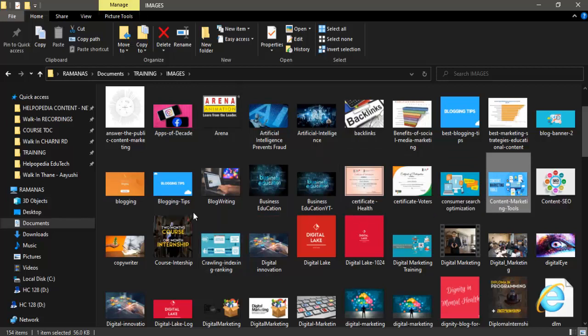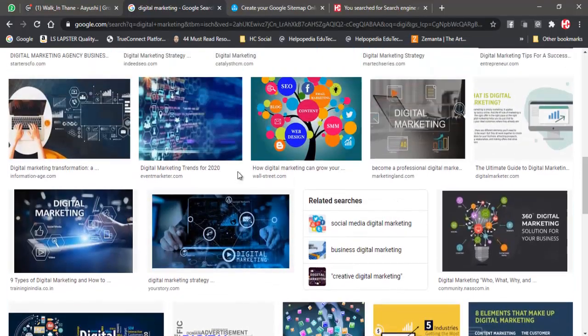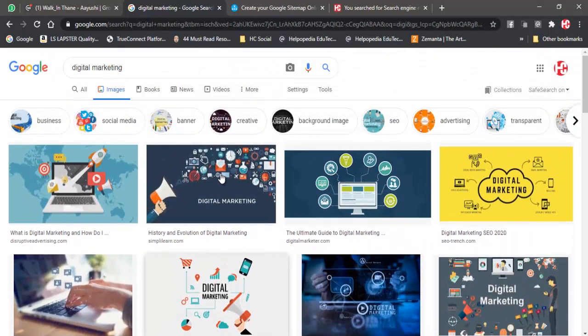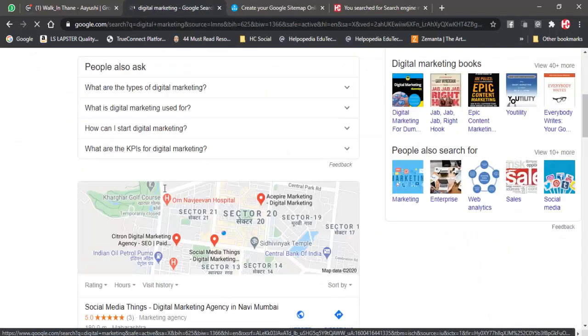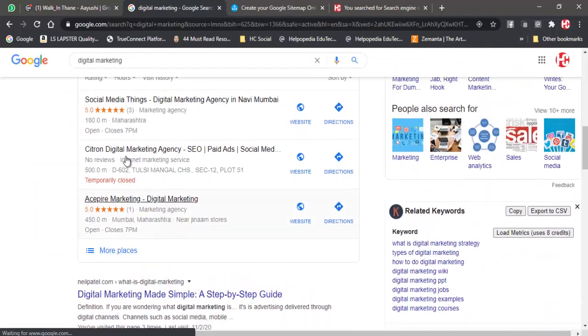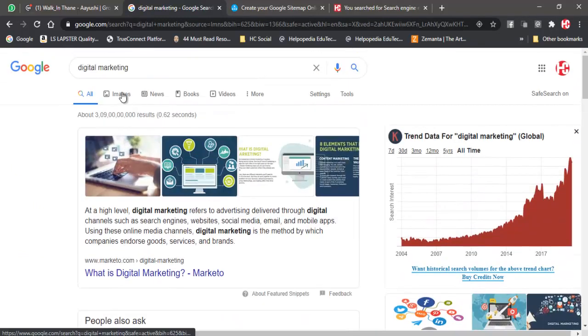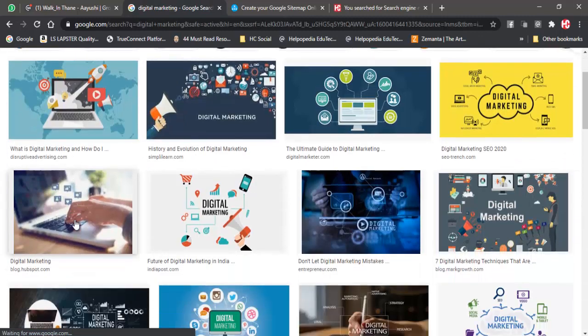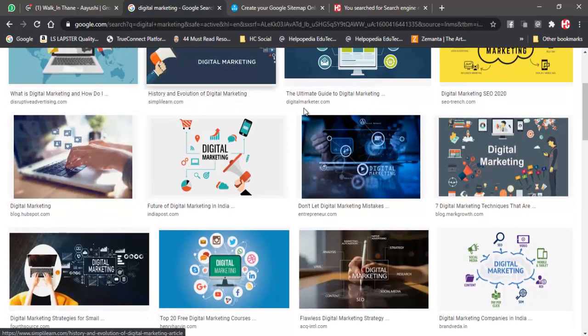I cannot just write 1.jpg or 2.jpg. Nobody is going to search for 1.jpg. People will search for artificial intelligence. So whenever people search for our content in Google Images, our images will also come up. Even if our content is not coming up in the text results, at least our images will come up here, because the name of the website is mentioned here.